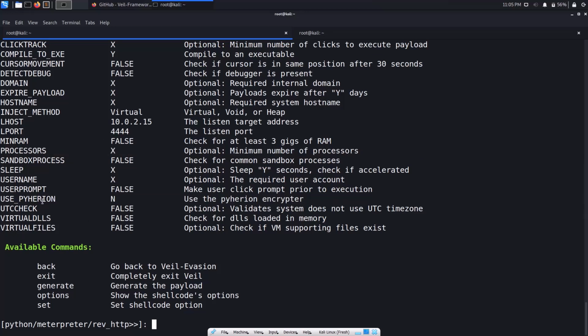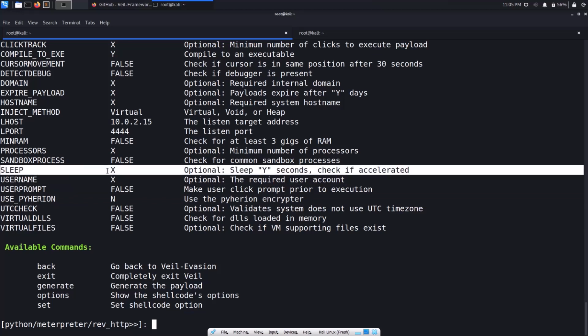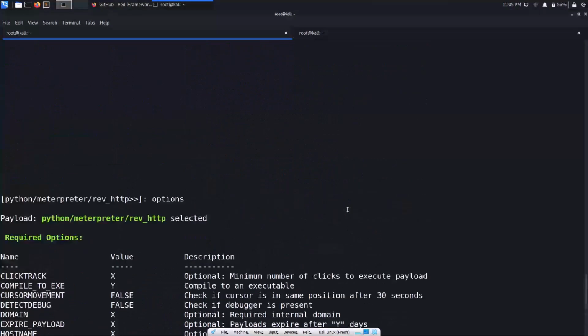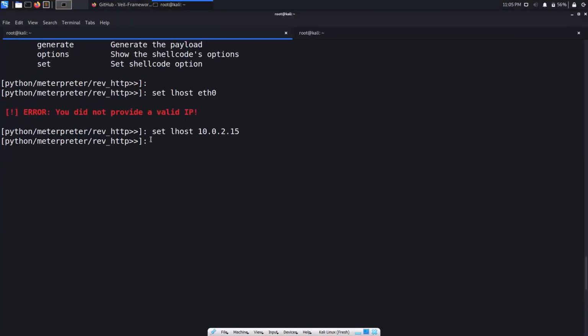You can see something like an encryptor. You can encrypt the stuff. Okay, so username and stuff. And also you can see something like you can exit and some stuff. But after setting up all these options, as I told you, setting up the options is also really simple. You set and then the option and then the value. Okay, so try to play around.